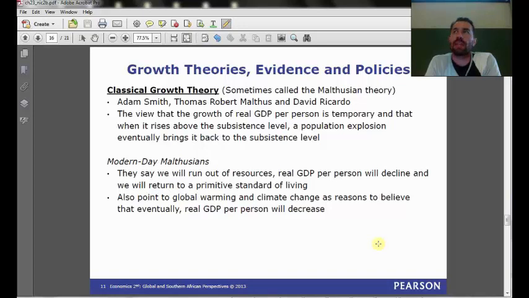So the classical theory of growth traces back to Adam Smith, Thomas Malthus, David Ricardo, and the central idea that arises from classical growth theory is that growth in real GDP leads to growth in standards of living. And with a growth in standard of living comes a growth in